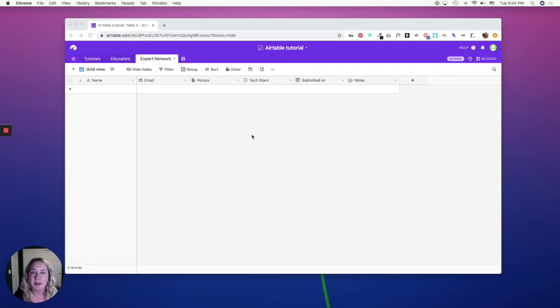In this part, I'm going to show you how to create an Airtable form. Once you are in Airtable, select the table that you want to create a form on. In this example, I created a new table called Expert Network, and this is going to be where applications for